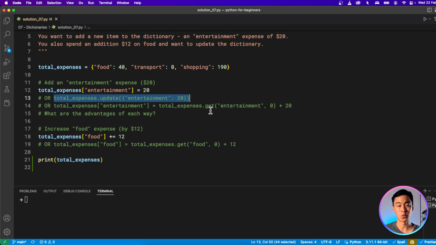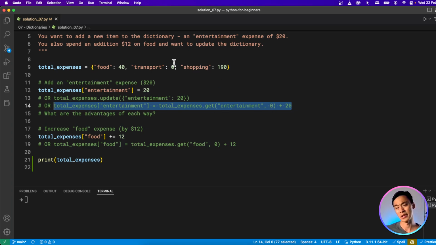Or if you want to make this consistent with the way that you update items, and you don't know whether or not entertainment already exists in this dictionary, you could do it in a safer way by setting it equal to the existing value of entertainment, or 0, which is the default, and then add 20 to that. So this would be a more robust way to do it, even though we don't need it for now because we don't actually have an entertainment expense.